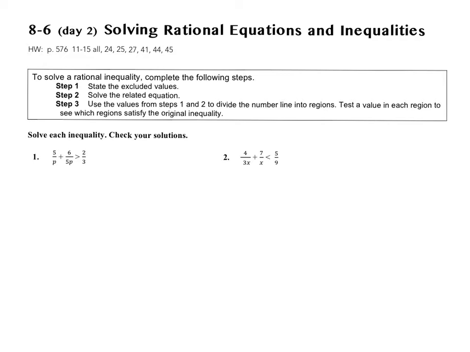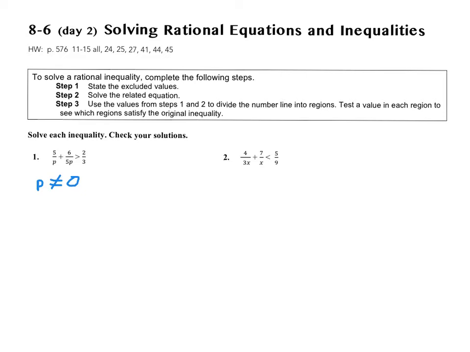So on number 1, what would make that 0? If p was 0. What would make this one 0 also? If p is 0. That can never be 0. So the only excluded value is p does not equal 0. Okay, next